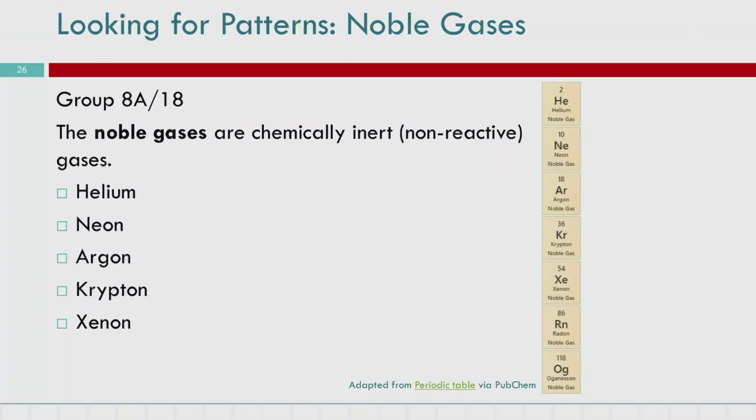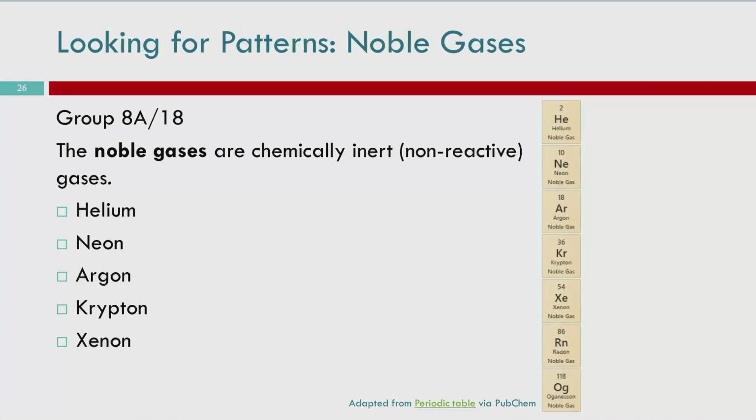Moving one to the right from our very reactive halogens, we've got the noble gases. The noble gases are chemically inert. These do not react, which is mostly true, but also not true. You can get them to react, they just really hate it, and so they'll immediately try to go back to whatever they were before they reacted, vigorously and viciously. So for our purposes, they don't react with anything,